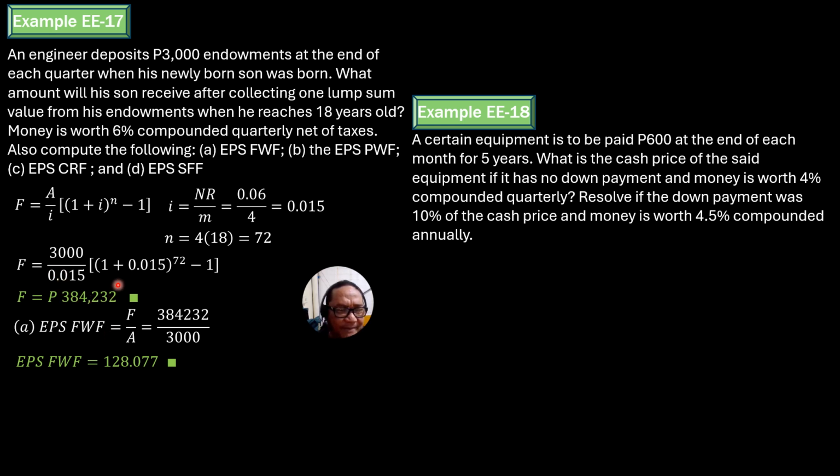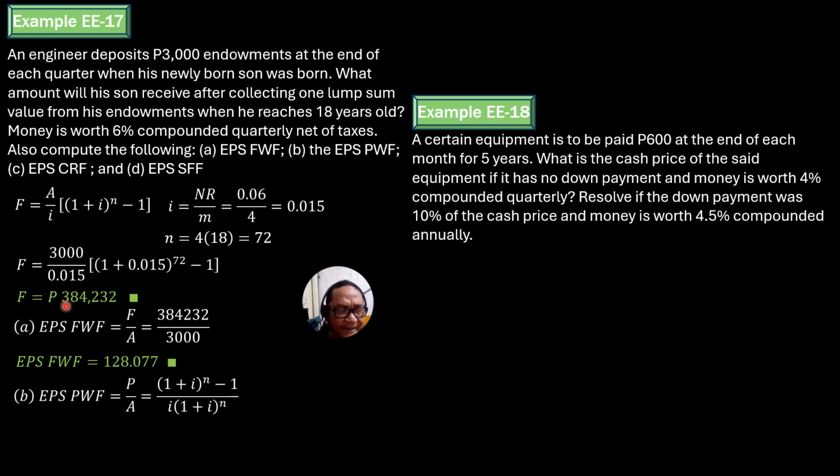Then for part B, equal payment series present worth factor, let's compute the present worth first by dividing this F by 1 plus I to the n, 1.015 to the 72. That's P over A. So 1 plus I to the n minus 1 over I, 1 plus I to the n. I will not use this. You just verify using this formula. The result is,